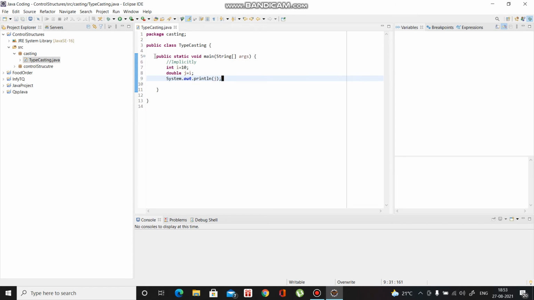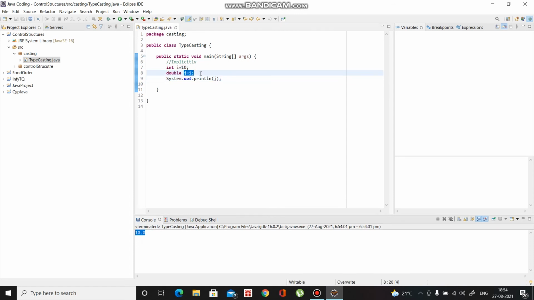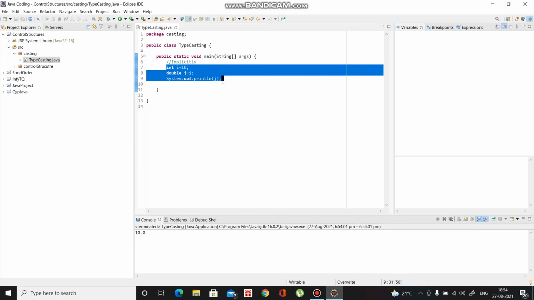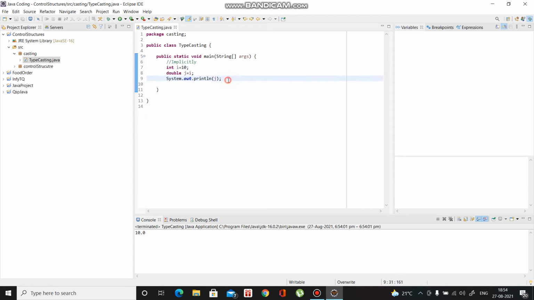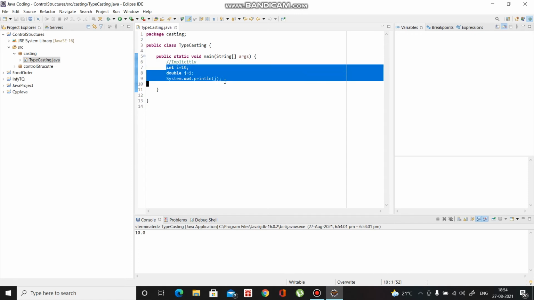Now you will see 10.0. As you know, double is a decimal data type, so while printing it you are getting dot zero. It means it has been converted from int to double implicitly. Implicitly means automatically, in simple terms. You do not need to tell the compiler to convert from integer to double, because it is converting from a smaller data type to a larger data type.